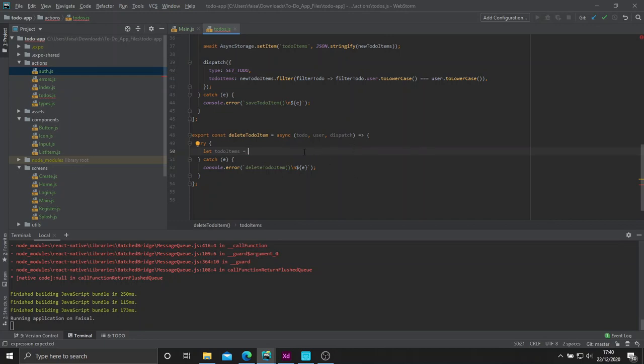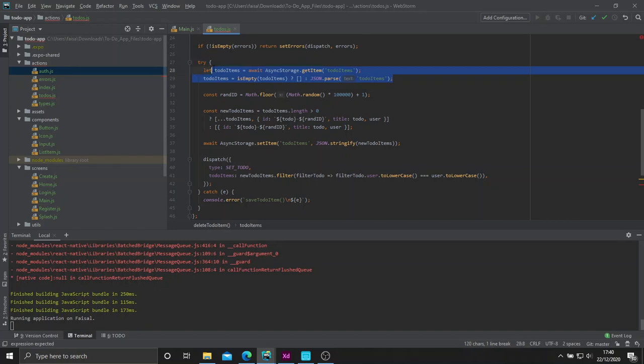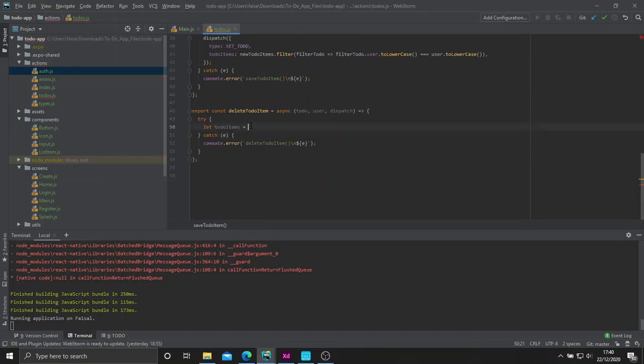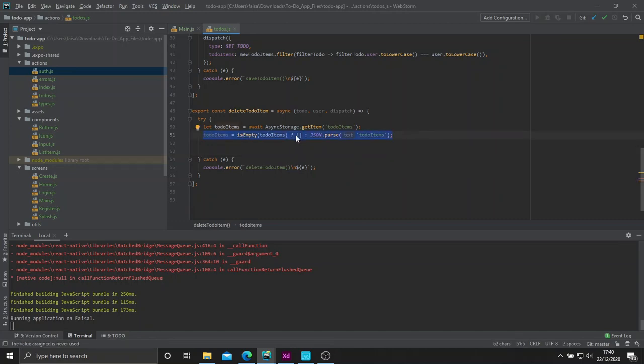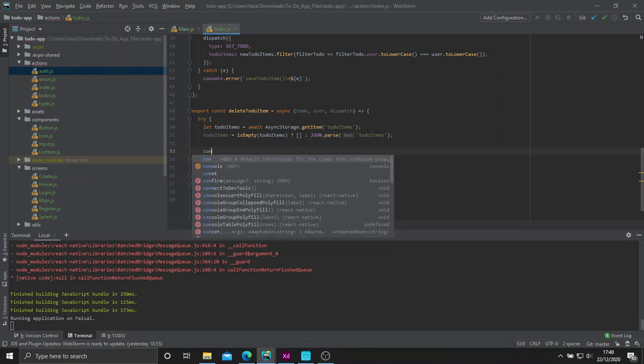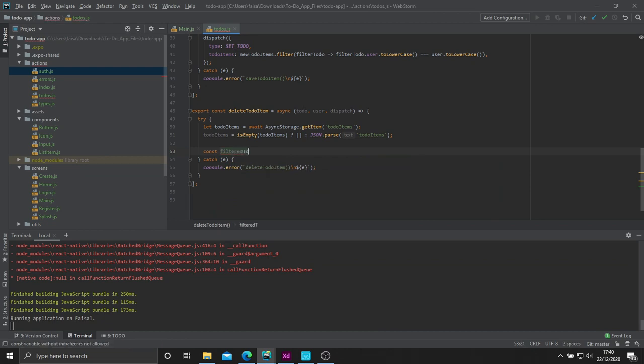All of this is pretty much the same as this here, so we can just copy that, save it, and paste that there. So we're just retrieving our to do items, and this is still needed just in case it's empty. If it is empty, then they don't have any to dos, so we just return an empty array. And then we don't actually need to call this new to do, we'll just call it filtered to do items is equal to